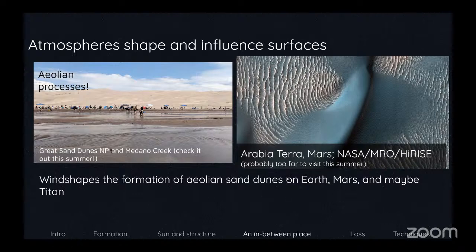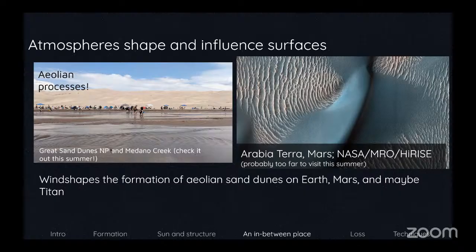Oh, yeah, I also wanted to point out, we definitely know there are dunes on Earth and Mars, of course, but we think there are even dunes on Titan. We have some very interesting observations of those in the radio, and we have no idea what they're made of because Titan is so weird. It has a hydrological cycle like Earth, except it's not water, it's methane. So we've got methane lakes, we have methane rain on Titan.